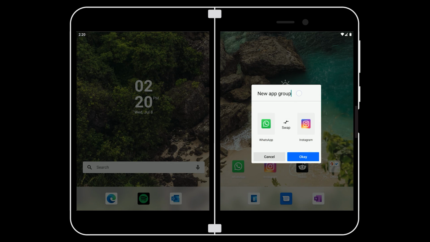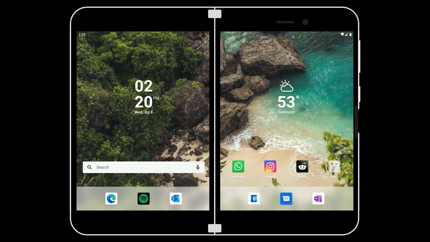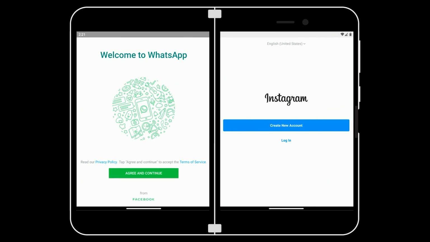I can now name this app group, so let's just call it Gram. Press OK. And now we have that app group on the home screen. So now whenever I tap on that icon, it will open both apps at the same time across both displays. And I can even customize which apps open on what display. So if I close both of these here,